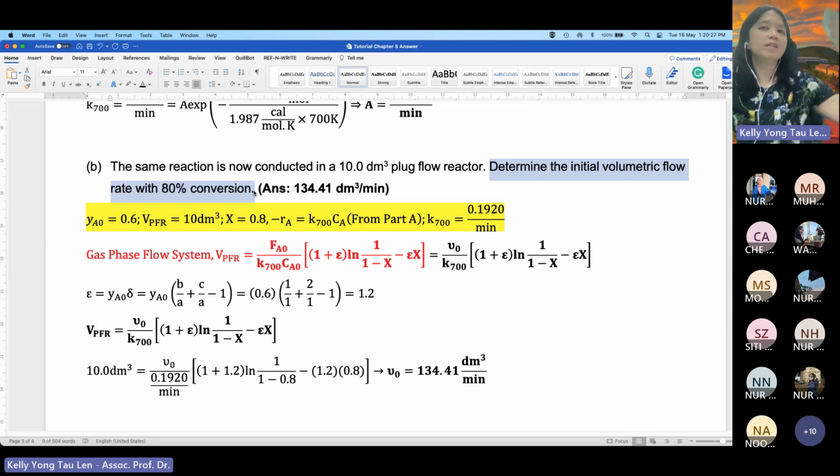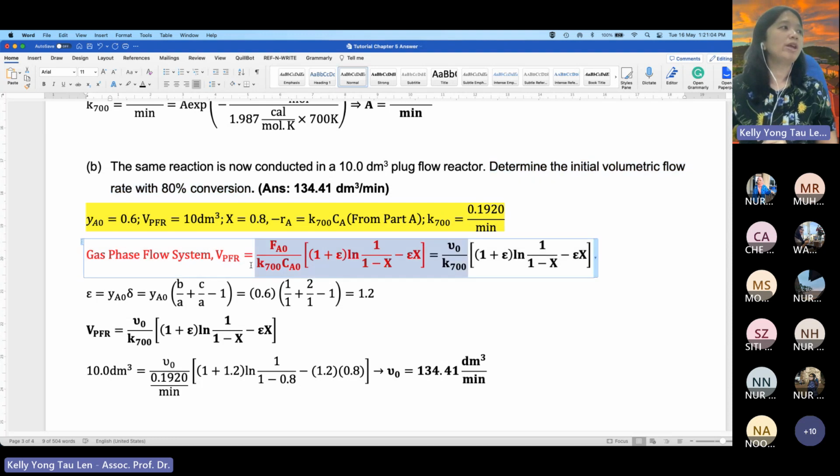So dia sebagai kita volume, dia nak kita cari epsilon naught, dia beri kita nilai X. Okay, so this question is very easy, but again, kamu kena faham dia berkait dengan chapter 4 kembali. So, kamu kena ingat dalam chapter 4, kalau you have gas phase reaction, gas phase PFR dengan rate law dia minus RA equals to KCA, kamu kena ingat, kalau tiga syarat ni, hanya satu equation yang akan penuhi tiga syarat ni, which is given to you in this red font